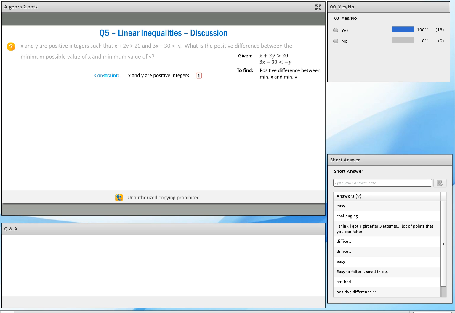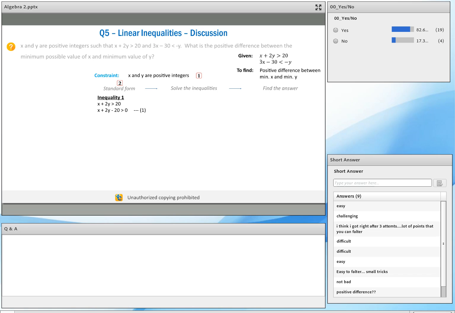Okay, so almost all of you who are responding said that you identified this. How many of you used this constraint? Okay, all right, let's see whether you used it correctly or not. Let's do this. Now we bring these two inequalities in their standard forms, we solve the inequalities, and we find